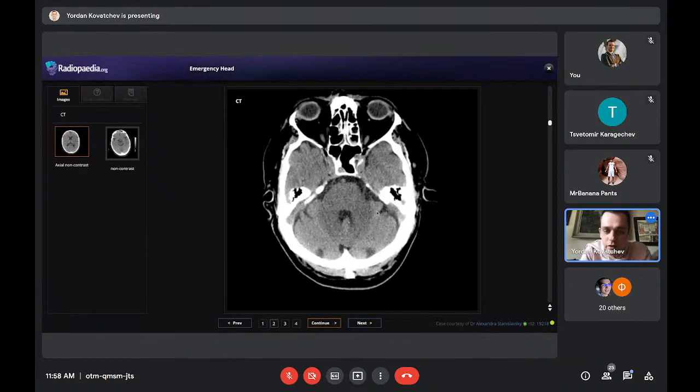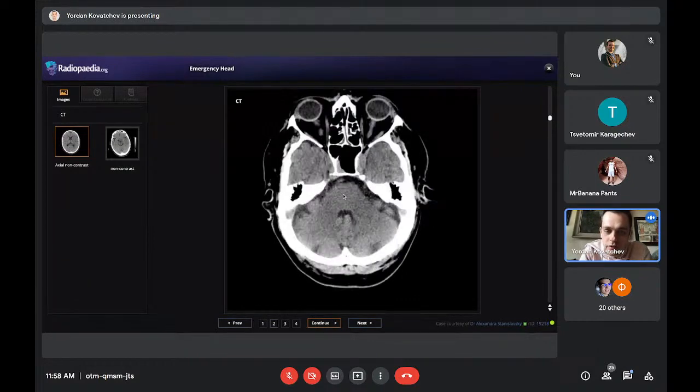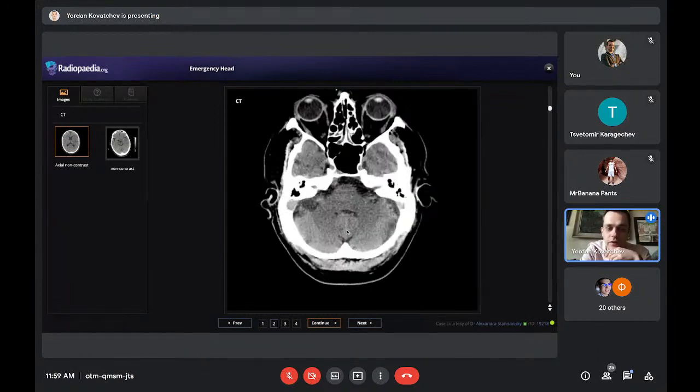But still, if there is an infarction of the brainstem, let's say, it will always respect the midline. As I told you, the midline is really important. If you see a hypodense region here, which means a grayer region, and it doesn't cross the midline, there is high suspicion of an infarction in the brainstem, and we need to do an MRI, or we need to raise this high suspicion to our clinician colleagues. We need to say there is a high suspicion of brainstem infarction. We don't see that here. We just see these artifacts, these lines here.